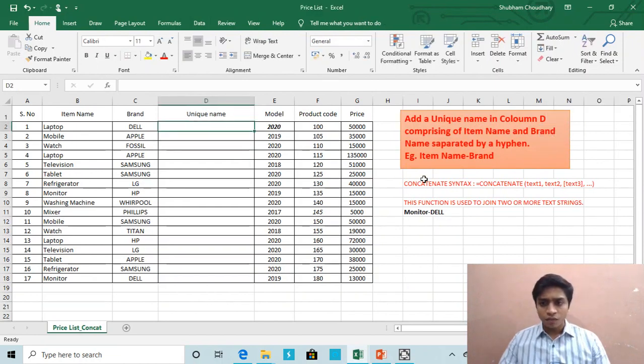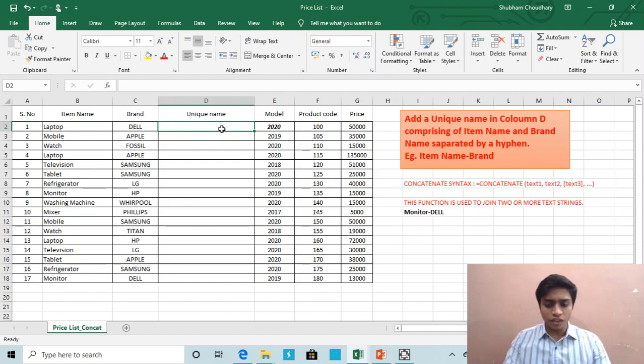Means we will make the use of concatenate function to combine these two strings such that they are separated by a hyphen like this: monitor hyphen Dell. So let's see how the concatenate function works.